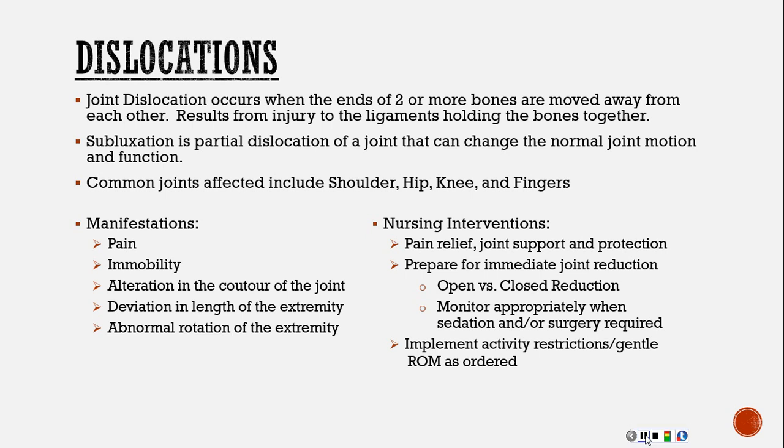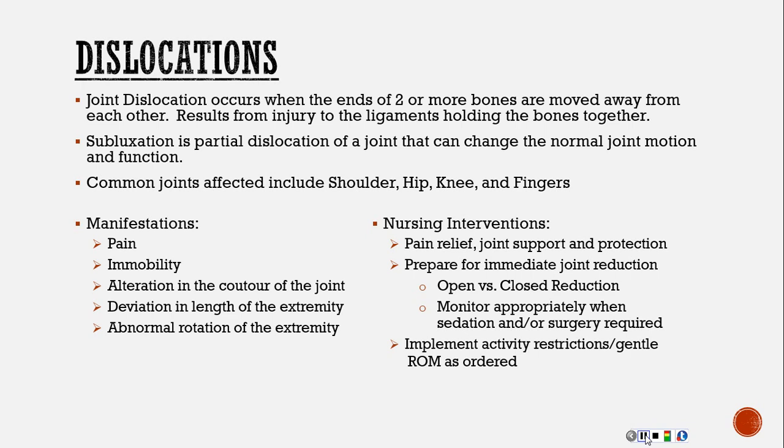Also, deviation in the length of the extremity. This is common, and I know y'all talked about the peds part. A baby has a hip dislocation, and you can look and see if you have one leg that's longer than the other. You've got to start doing some investigating, right? There's a possible joint deformity there. Something's happened. And then also abnormal rotation of the extremity. So basically, you may have some function in one direction or another, but if you don't have the ability to rotate in all of the normal directions for that joint, then we've got something wrong.